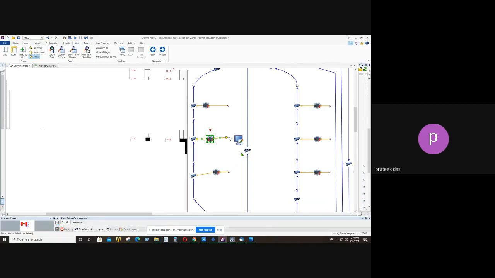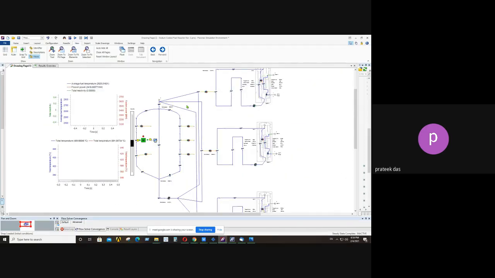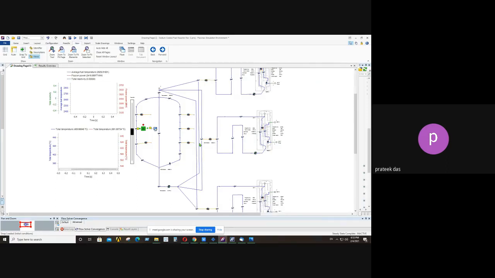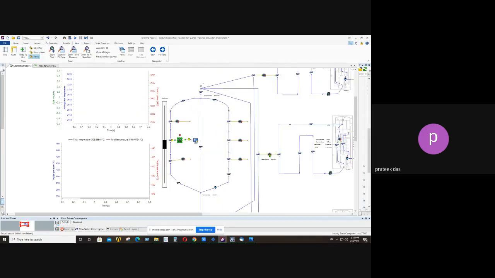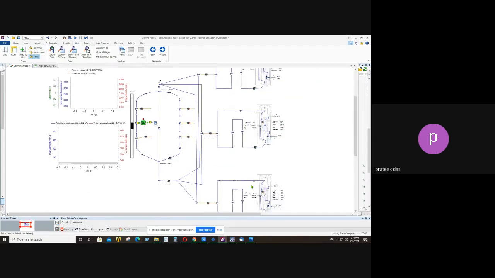This heat is taken out through this cycle, and from this cycle it is going to exchange heat with the secondary sodium loop. The middle portion represents the secondary sodium loop side, and from this secondary sodium loop side, it is going to exchange heat with the 1, 2 and 3